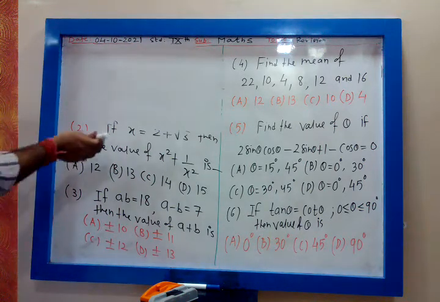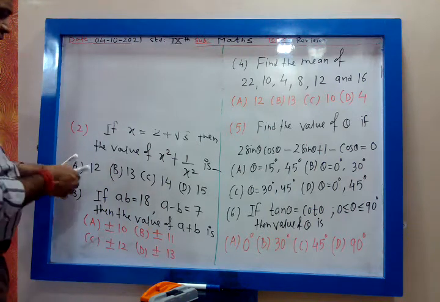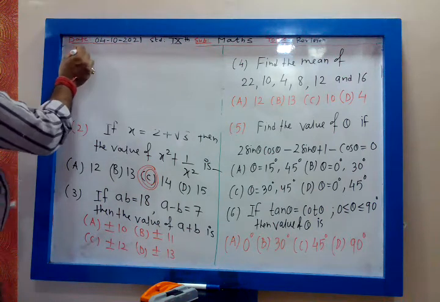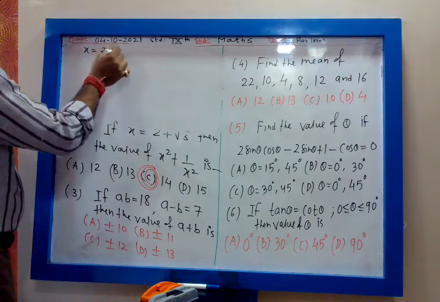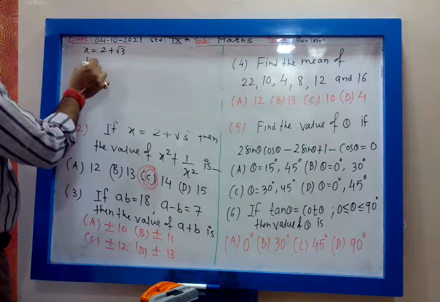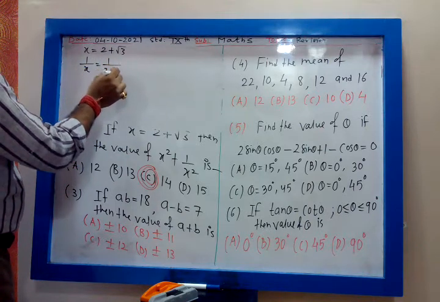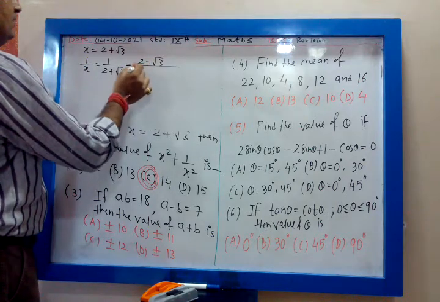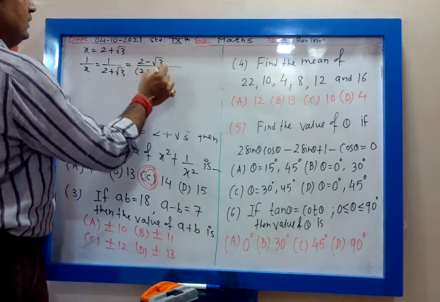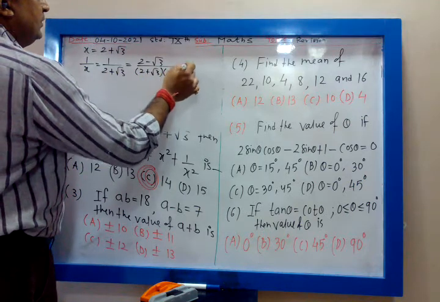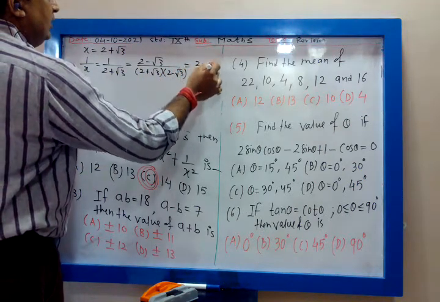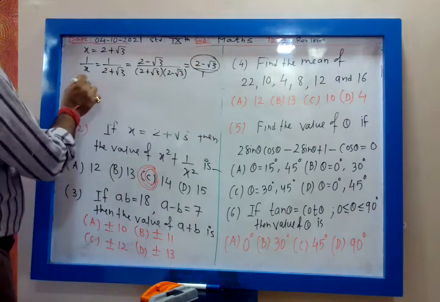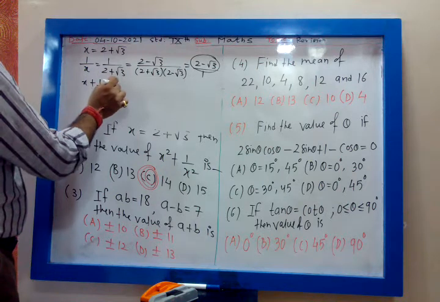Chalo. Second option is, all of you are giving the answer C, 40. Let us check it. X is 2 plus root 3. Then 1 upon x will be 1 upon 2 plus root 3. Rationalize the denominator. Multiply and divide by 2 minus root 3. So this will be 2 minus root 3 upon a plus b into a minus b, 4 minus 3, 1. So 2 minus root 3. X plus 1 upon x will be 4.